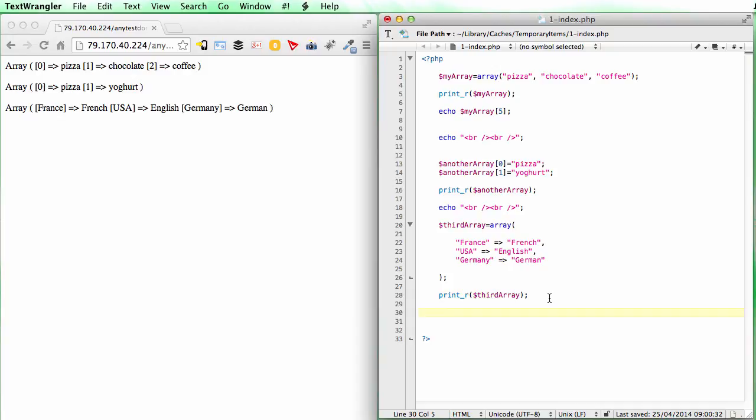Finally, just a couple more things that you can do with arrays. What if you want to add an array or add a variable on the end of an array, but you don't know how many variables there are within the array? Well, we can do that very easily. Let's go back to our another array. So we want to add a third type of food there. Then we just say another array,